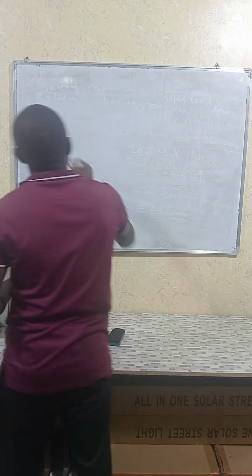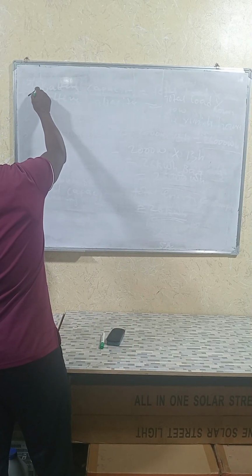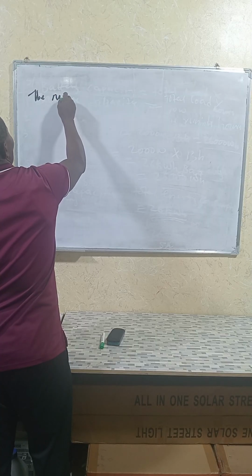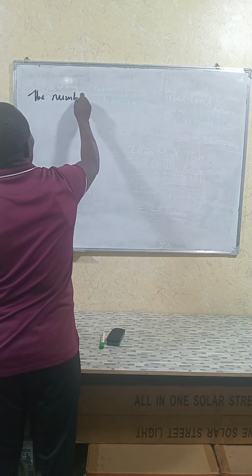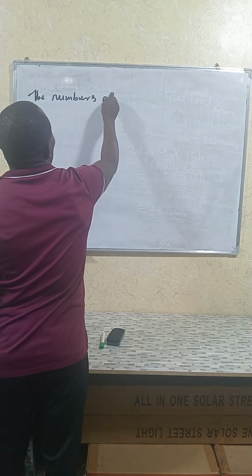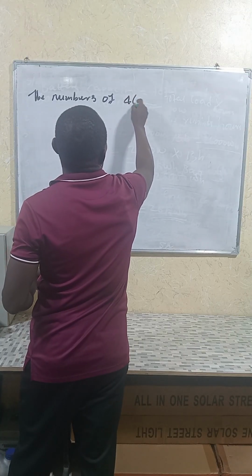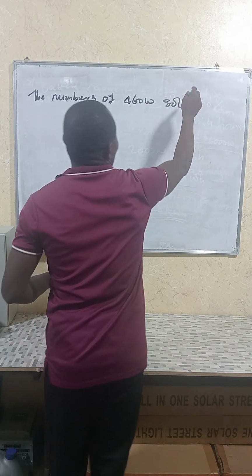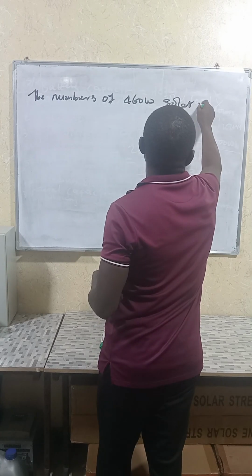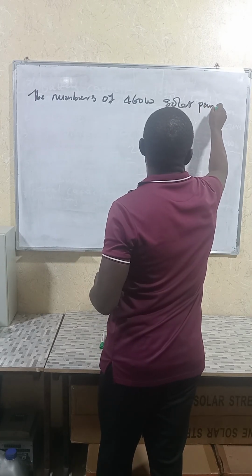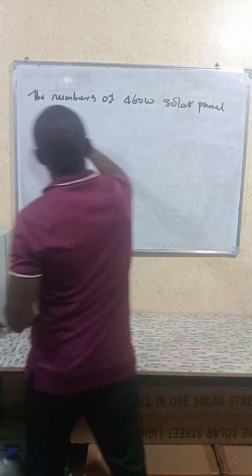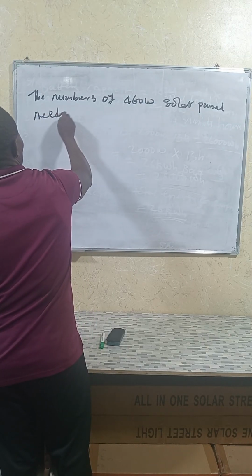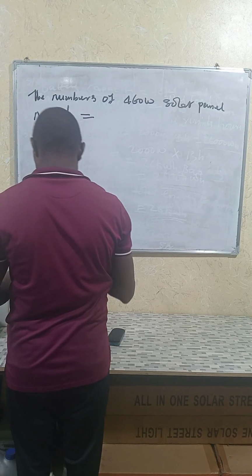So the number of 460 watt solar panels needed is equal to